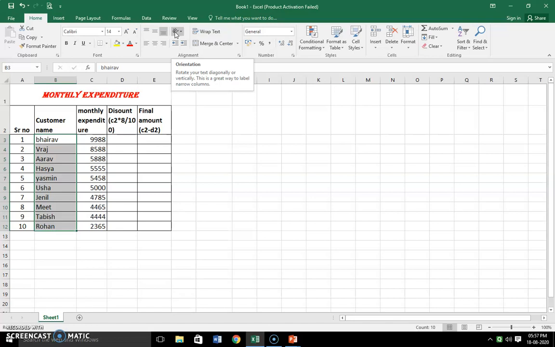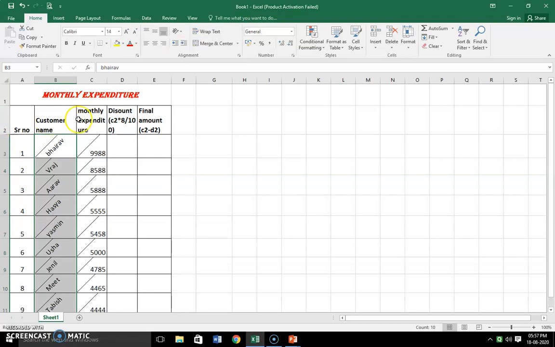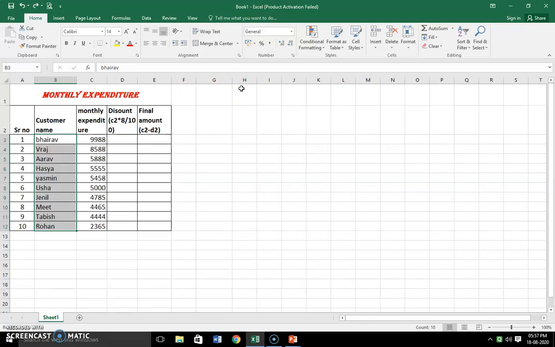Here there is no such problem, but I am just demonstrating the use. Some angles are already given, so from that you can select any. For example, this. So you can see the text orientation has been changed. I can use Ctrl Z anytime to undo the changes.